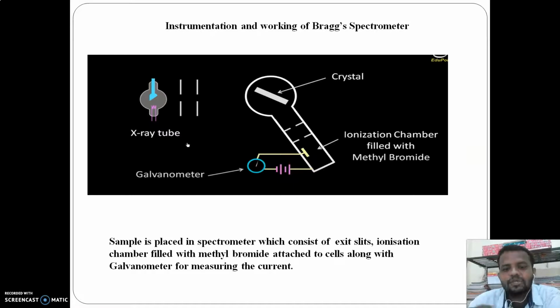These cations and anions are attracted by the specific electrodes, and when the ions go to the specific electrodes, the change in voltage or change in current is recorded by the galvanometer. The galvanometer responds to the ions formed. As the intensity of the irradiation increases, the signal will increase and the deflection will be greater. So thus we can say that they are interlinked with each other.